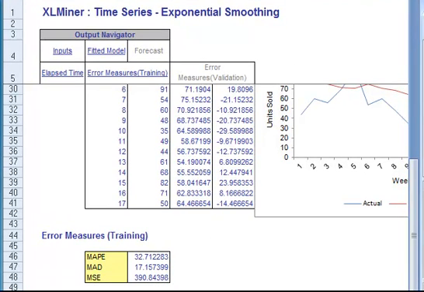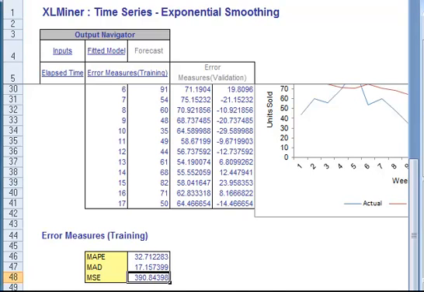Let me slide down a little bit. MAPE, which is our mean absolute percentage error, which means this is on average 32% error. So it's not a great model. MAD is our mean absolute deviation, and MSE is our mean squared error. They're all slightly different twists on how to measure the error of your forecast model. And the question I got was, there was some question as to how the mathematics worked and how these were